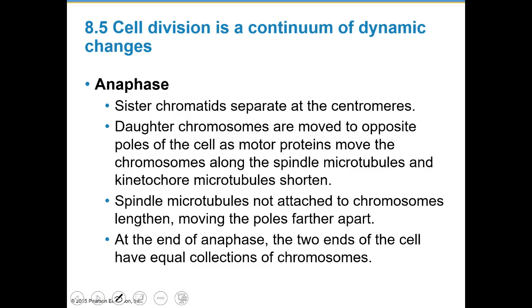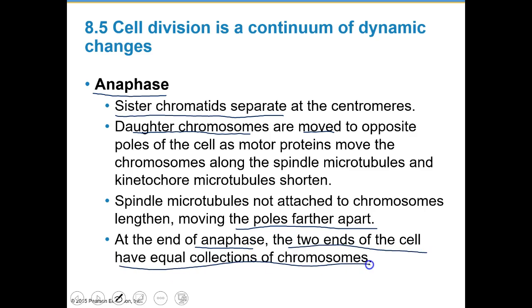I'm moving forward. All right, anaphase is a pretty distinct one to see, but this is where the sister chromatids actually separate at the centromeres. Daughter chromosomes are moved to opposite poles, so those chromosomes move, and some motor proteins will help that along. But our big deal is that the spindle microtubules not attached to chromosomes will lengthen and help move everything further apart. And at the end of anaphase, we have two ends of the cell that have equal collections of chromosomes,